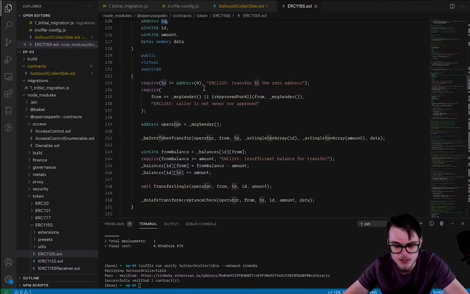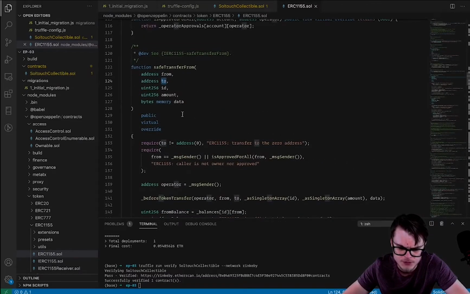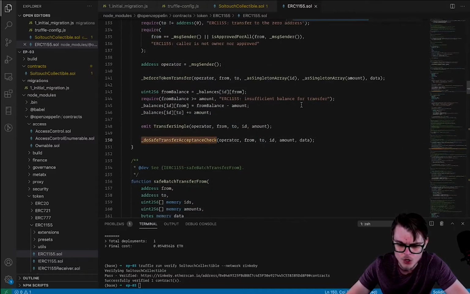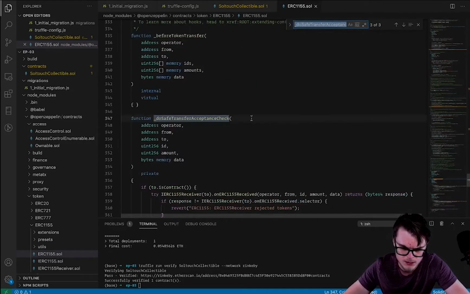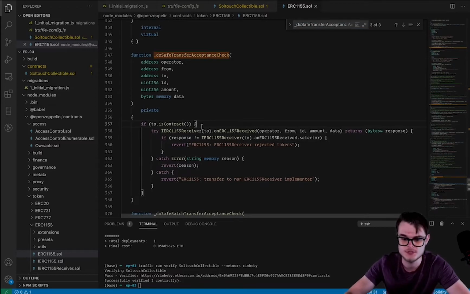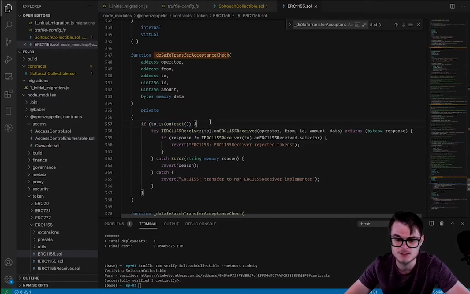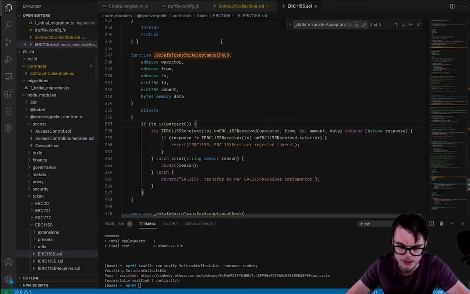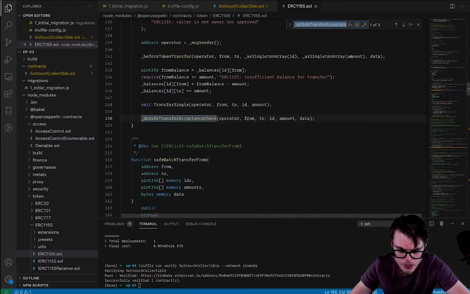One interesting thing, and why it's called safe transfer from, is because this function also checks, using this function, do safe transfer acceptance check, if the address that we want to send our token to is a smart contract, and if that smart contract knows how to handle the tokens that we are transferring to it. So moving on,